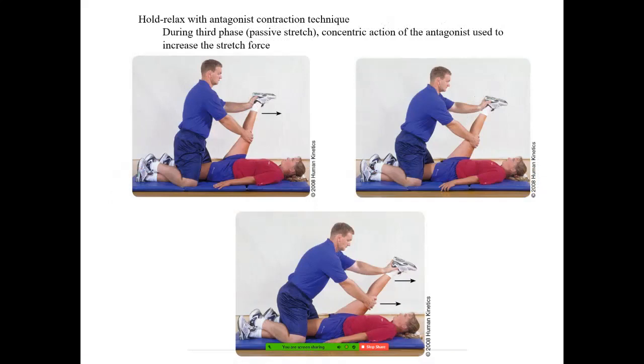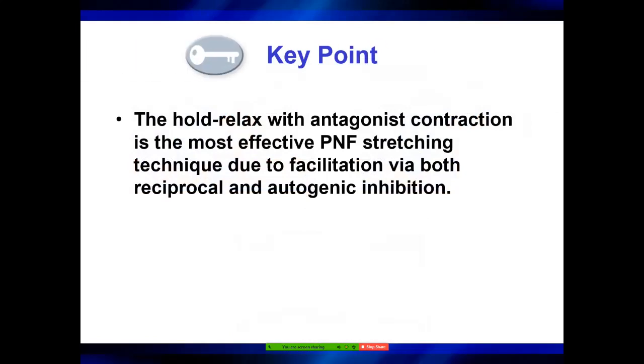The hold relax with antagonist contraction technique is during that third phase, that passive stretch. You concentrically contract the antagonist, and then release it, and that allows you even a greater amount of stretch, because the proprioceptors in that quadricep, in this situation, you're contracting that quadricep. Once you relax it, those proprioceptors get fooled a little bit, and it allows you to stretch that hamstring even further in that situation. A hold relax with antagonist contraction tends to get the most